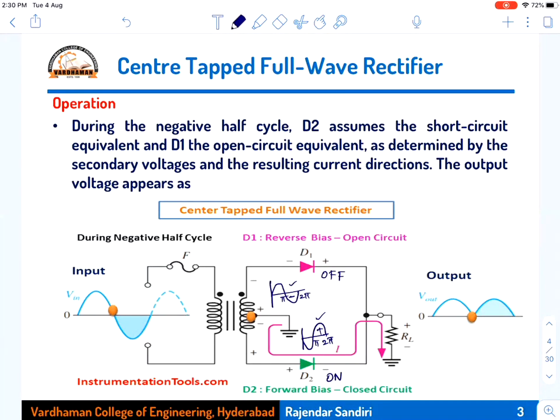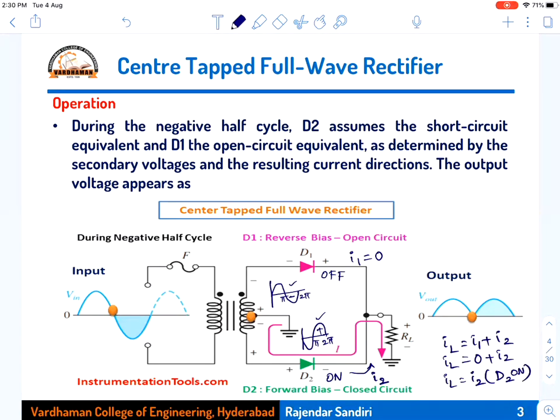So if the diode D2 is on, the current that is flowing in it is I2. What is the current that is flowing in the first diode, I1? Because it is reverse biased, it is 0. So you are getting IL equal to again I1 plus I2. But now the diode current I1 will be 0 because D1 is off, and I2 will be flowing. Therefore, IL will be equal to I2 because of the diode D2 which is on. So the current is now because of the second cycle.